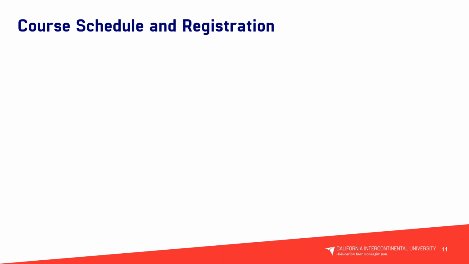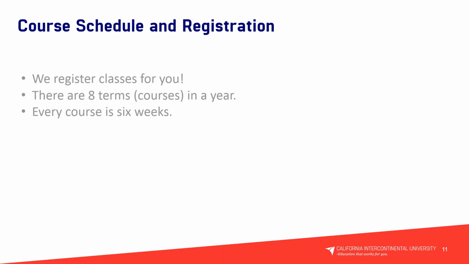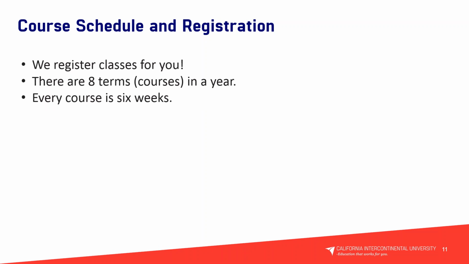All right, so let's talk about course schedule and registration, all the fun stuff, and some of the technical stuff. The good thing is we register classes for you. There are 8 terms of courses in a year. Each term has a course that you'll be able to take. So you take a minimum of 8 classes in a year, and every class you take at CIU is 6 weeks long. So you don't have to worry about picking classes